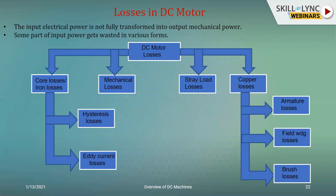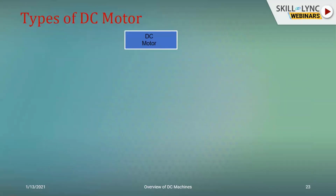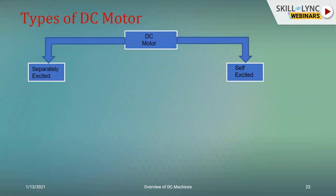And the mechanical losses have to do with the mechanical coupling of the motor with the load, which again we have limited scope to improve. But the copper losses and the core losses we can definitely improve by suitably altering our designs and winding designs as well. So the DC motors, again, just like in DC generators,